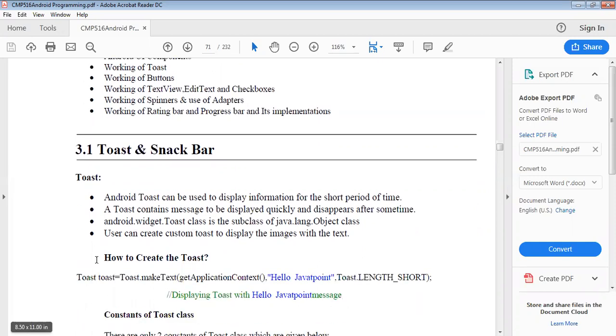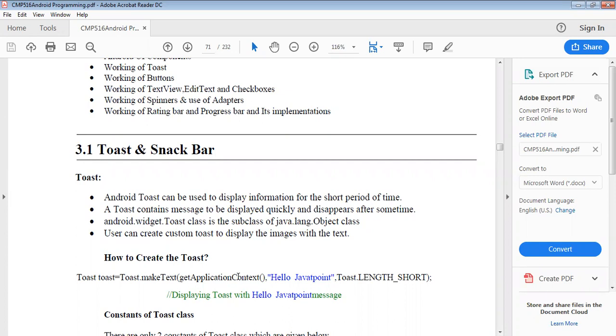Means here we can see how to create that toast. Toast is created, and their object is toast equal to Toast.makeText. Means that text which we want to display for a short period of time will be displayed here. Before that, write getApplicationContext.